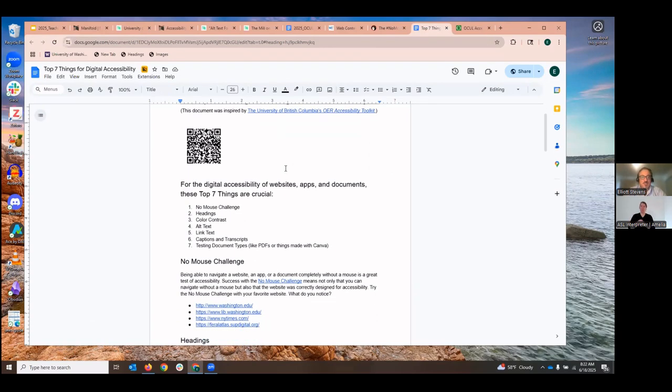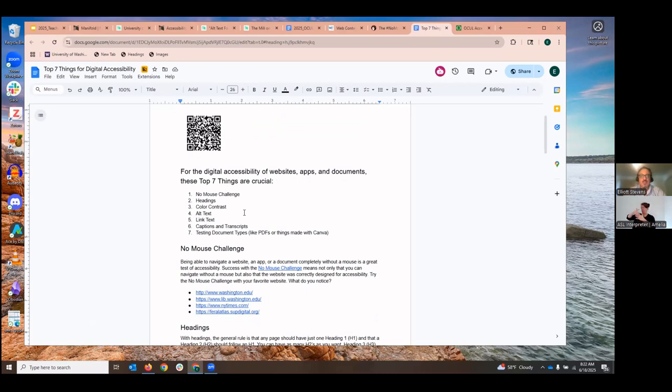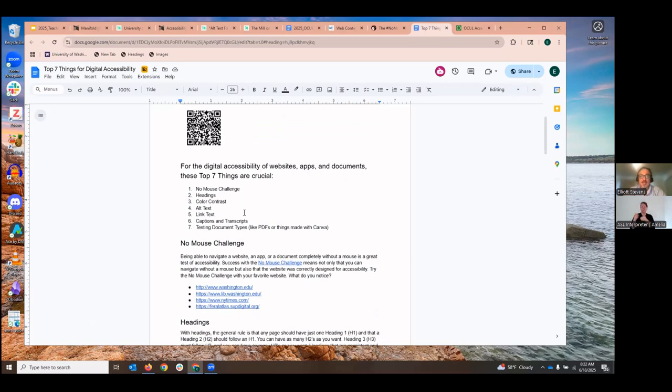And with digital accessibility, again, I'm not really an expert here, but I feel like there are 100, 200, 1,000 things we could talk about when it comes to making a digital project accessible. I mean, look at WCAG 2.1 AA. There's a lot there. And so instead of thinking about 1,000 things, I decided let's focus on 7 things for digital accessibility. So one thing is do the no mouse challenge. Can your project work with the no mouse challenge? And then other things to think about for a project are headings, color contrast, alt text, link text, captions and